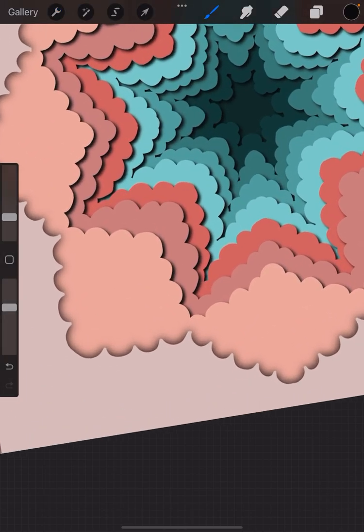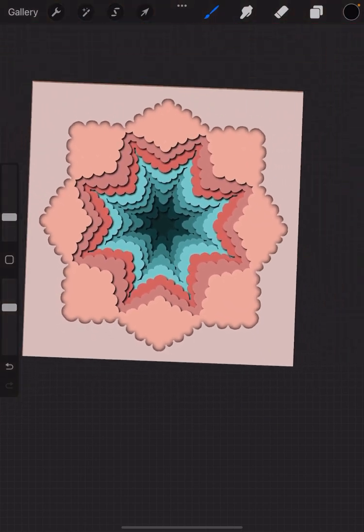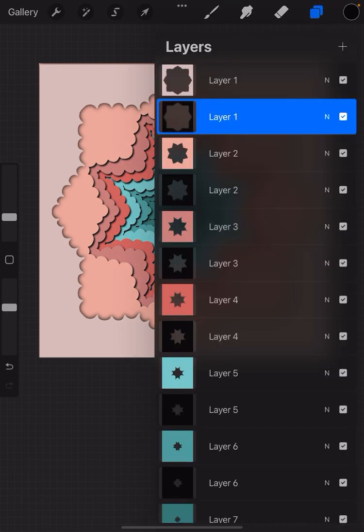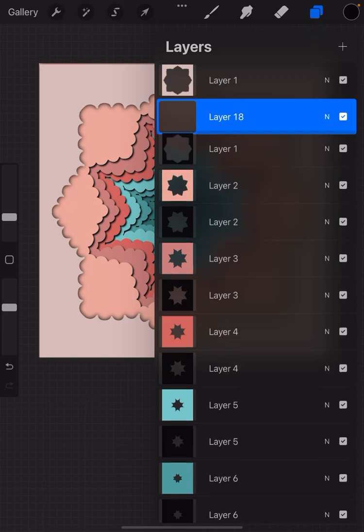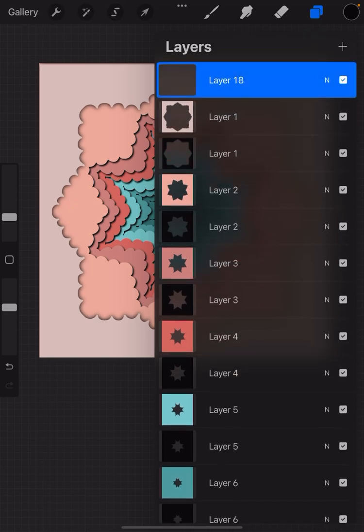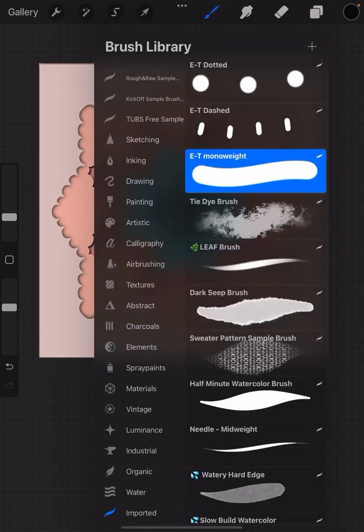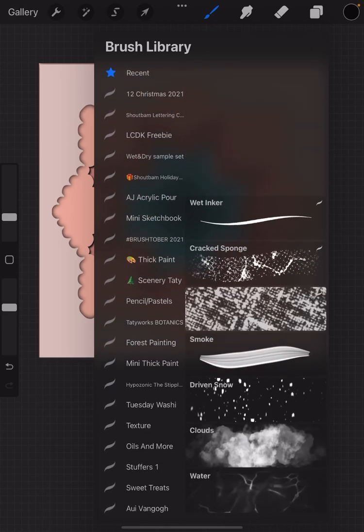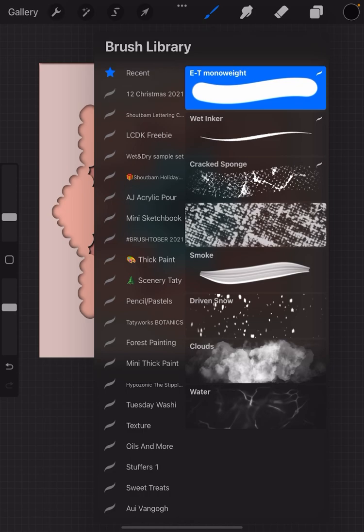So this is basically it. Do you see how it looks like cut paper? And you can make it very interesting by adding, if you go here, put a layer at the very top of everything. And just go ahead and pick whatever you like. Let me see. Any kind of texture that might be interesting to you. Let me see. Maybe this is...